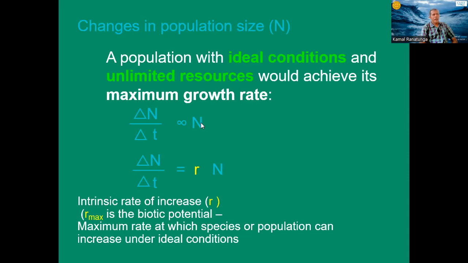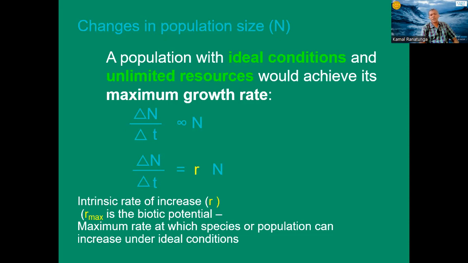And I think you have done some mathematics courses, even at the advanced level, so you know how to remove a proportionality mark, right? If you multiply by a constant, you can make it equal. So in this case, the change in number over time, we can make it equal to R into N. That is the constant we use to multiply here to remove the proportionality mark. And this R is something very unique. This R is called the intrinsic rate of increase, that is the natural